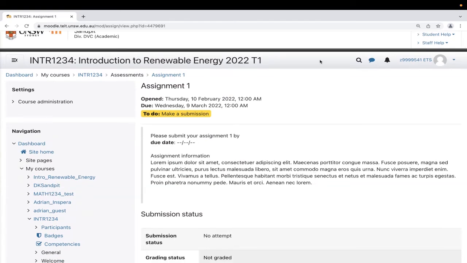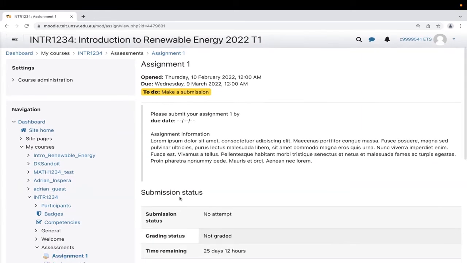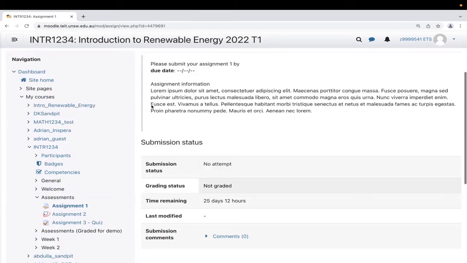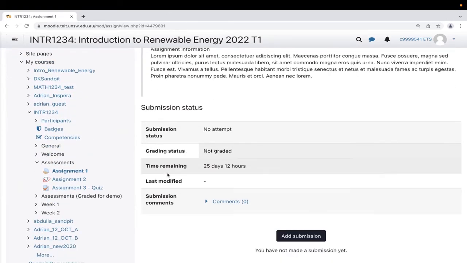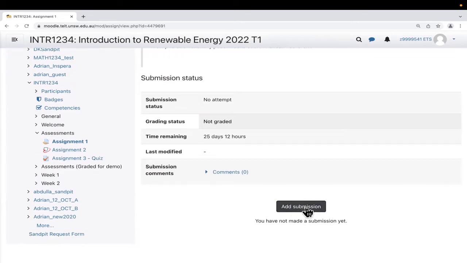So I'm showing you one of the more common assessment types that come out in Moodle. And all it looks like is just really, you get the dates up top. You get a description of your assessment information. Sometimes the description's in a separate PDF right next to the link as well. And you really just get a button to make your submission. So it's really as simple as clicking on this button once we're ready.